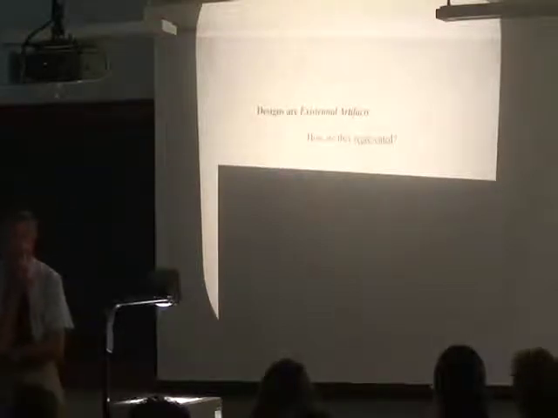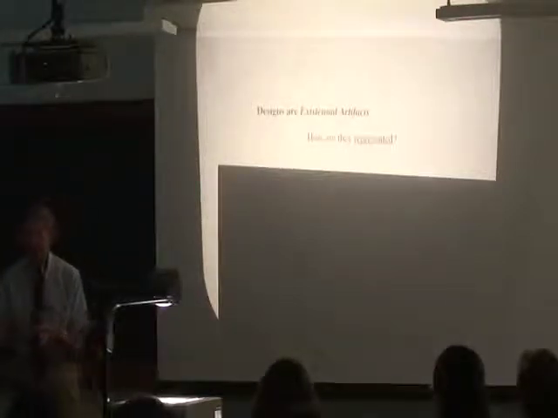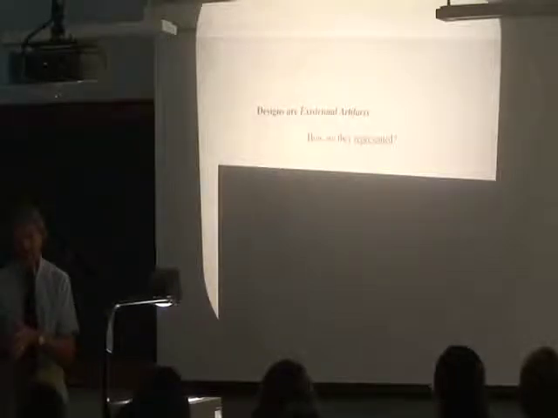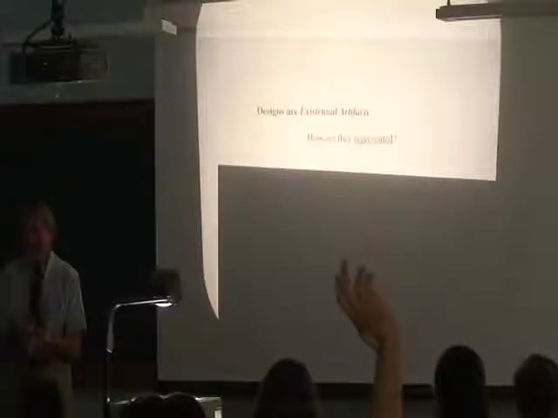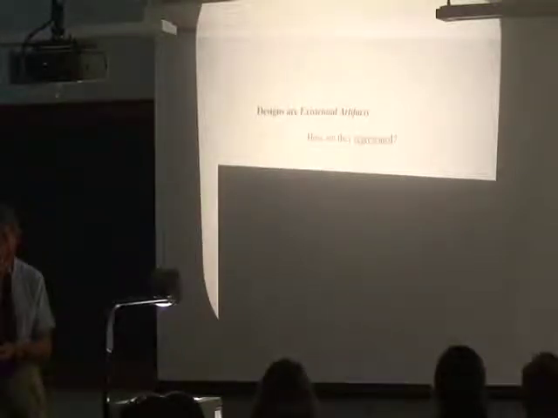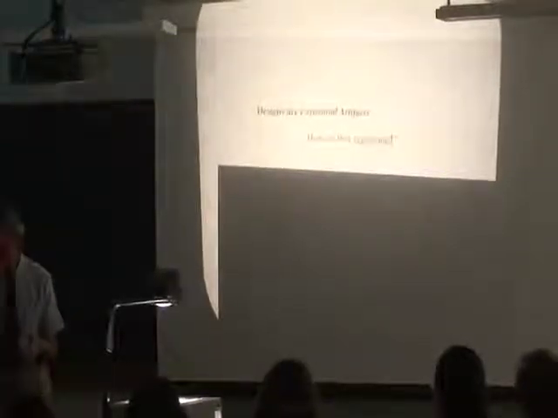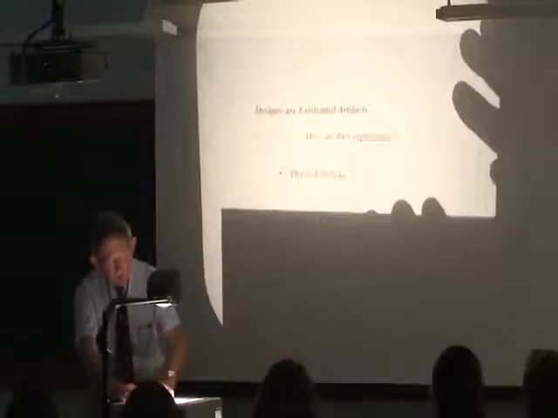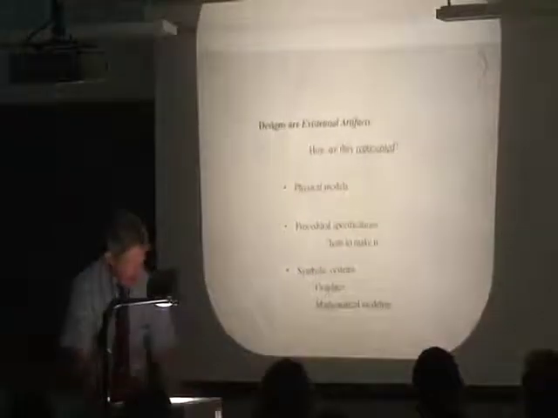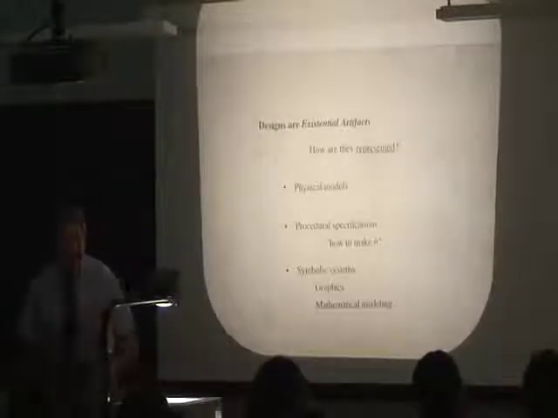Anybody? Draw a picture. Yeah. You could draw a picture as long as there's some agreed conventions for what pictures mean and how you look at them. That's one. That's modern. If you could put yourself back a few thousand years, what would you do? Well, you might make a sketch in the sand. You might make some kind of model. Or you might have some idea of how you might make it, and you would tell the other person how to make it. So you would describe the part by how to make it. So these are the three ways that you have for dealing with this question. There are models, and architects still love models.